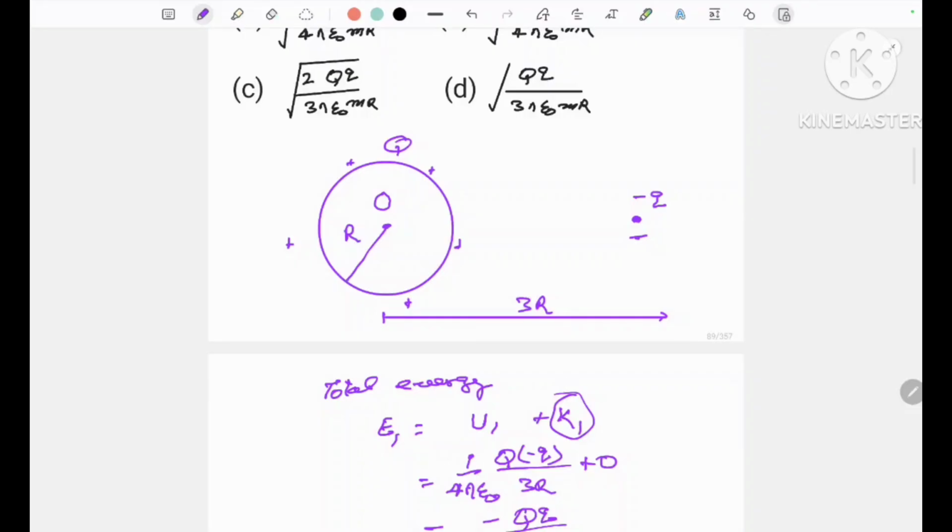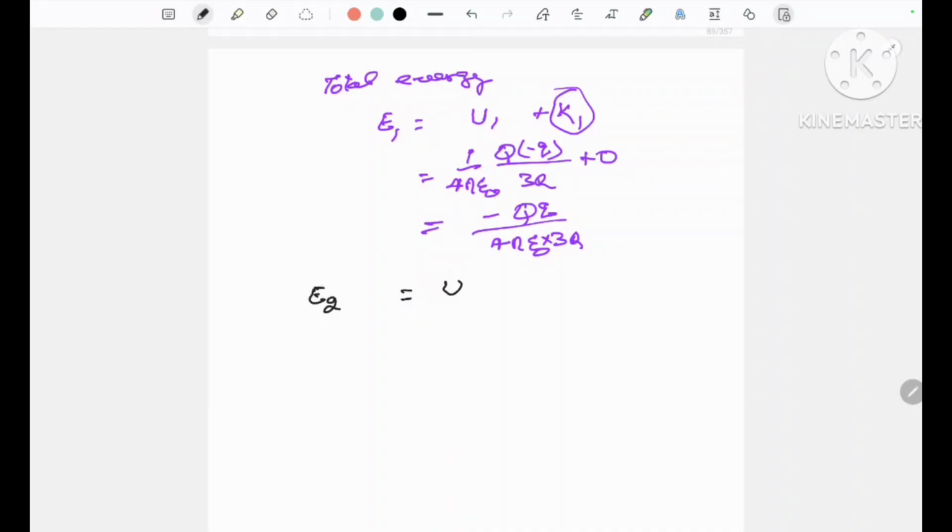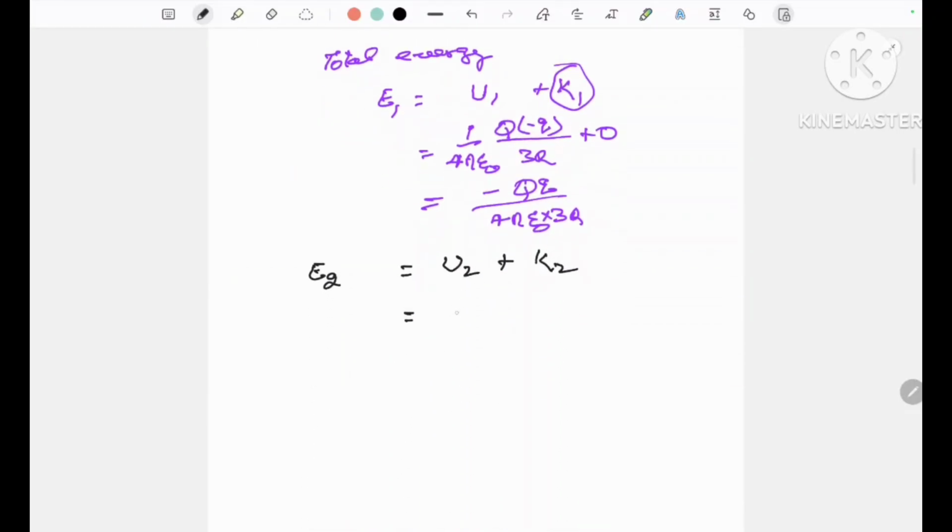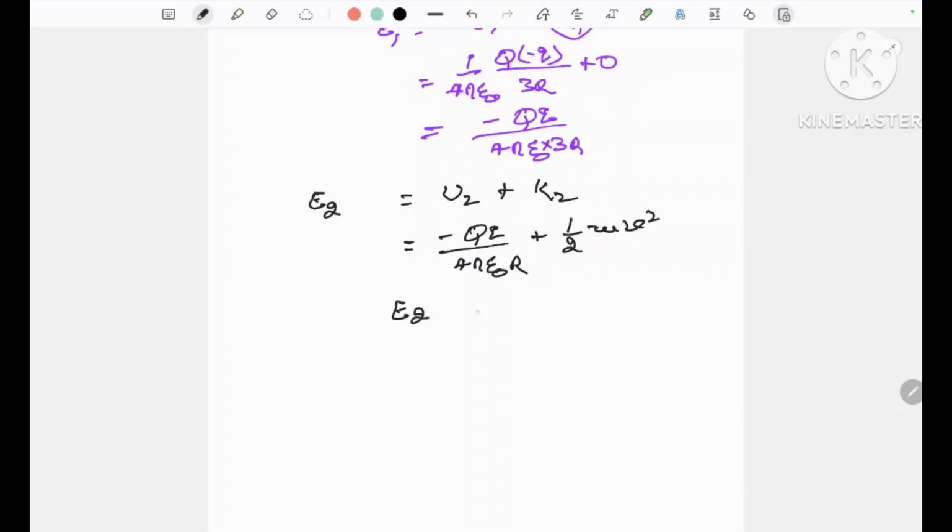अब this particle या this charge goes on this surface, माइनस क्यू, यहाँ पर इसकी स्पीड सपोज v, तो सेकंड कंडीशन में E2 होगा U2 प्लस K2 एंड U2 पोटेंशियल एनर्जी एट दिस पोजिशन विल बी माइनस Qq अपॉन 4 पाई एप्सिलॉन 0 r, and kinetic energy is half mv square। एनर्जी कंजर्वेशन से E2 will be equal to E1 और माइनस Qq अपॉन 4 पाई एप्सिलॉन r प्लस हाफ mv स्क्वायर इज इक्वल टू माइनस